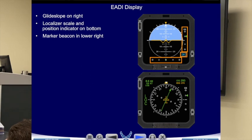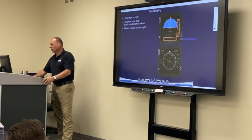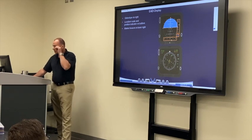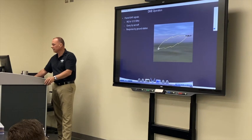Additionally, on the E80i, you're going to get glide slope. If it's got a marker beacon and based on your sensitivity you've got selected and you're near it, you may see that as well as your deviation scale. So all of that appears on your E80i. Does